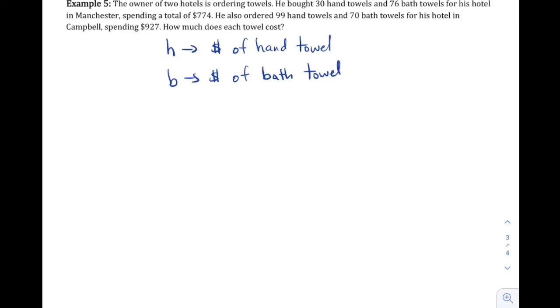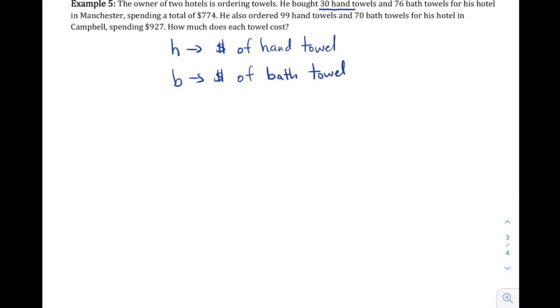So we can make up our variables. Maybe we'll say H will be the cost of hand towels. We could say B could be the cost, I shouldn't say hand towels because it's just one, of a bath towel. Right, because it's going to give us the individual cost. So now we're going to make equations. So we're going to put these together. 30 hand towels, 76 bath towels. It cost him $774. So he paid